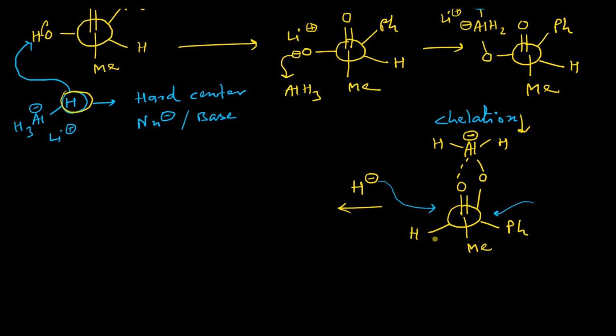So as you can clearly see, if the attack takes place from the left side, then there is less steric or electronic repulsion due to the presence of the smallest group, hydrogen. But if the attack takes place from the right side, then the biggest group, which is phenyl, is present there, so it will obviously exhibit some steric or electronic repulsion. So the attack from the left side will be favorable. So as soon as this attack takes place, this particular bond will break and it will form this intermediate.